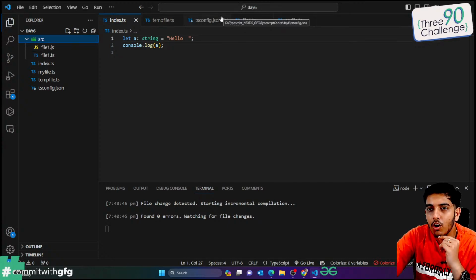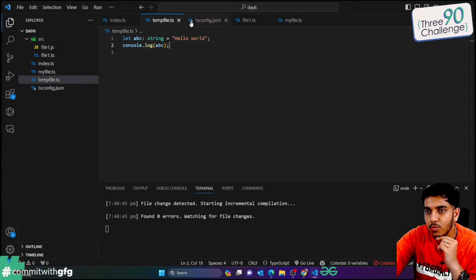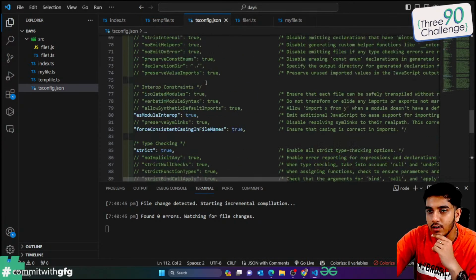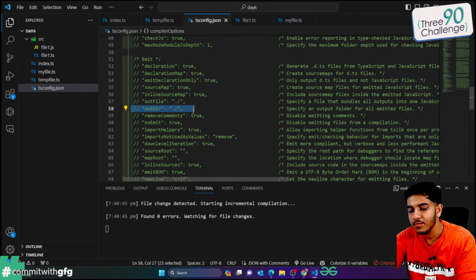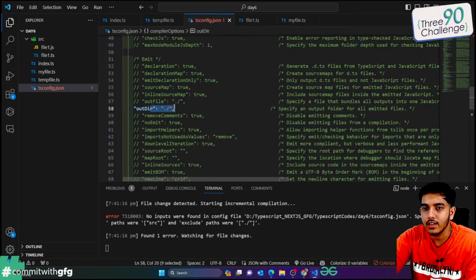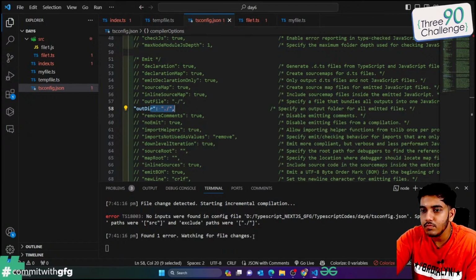Now let's talk about the output directory. We have to create some output directory. Suppose I create an output directory. How can I create this? Somewhere here you will get outDir. Right now for this case, you can see here we are getting an error: no inputs were found in config file. Specified include paths were src and exclude paths were